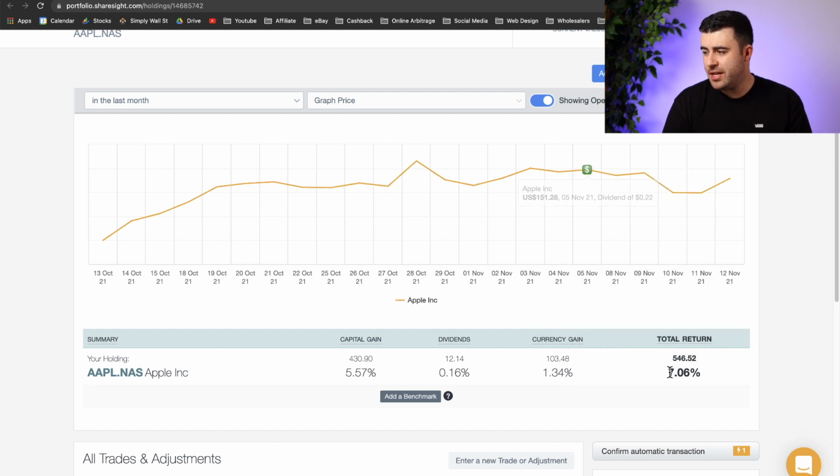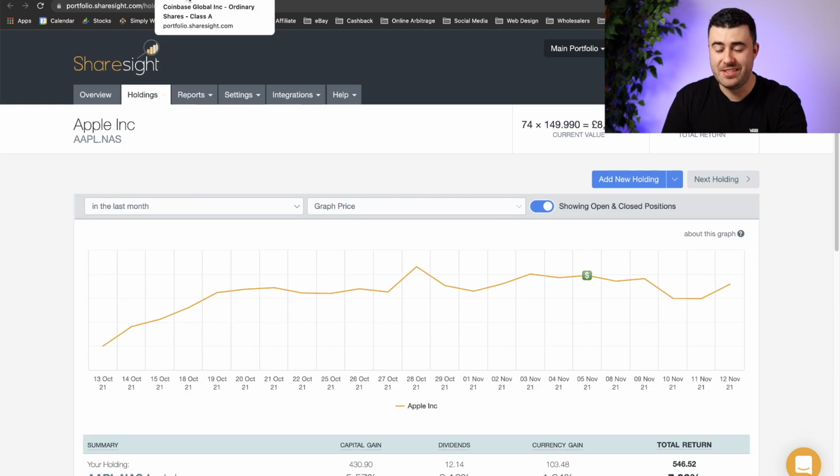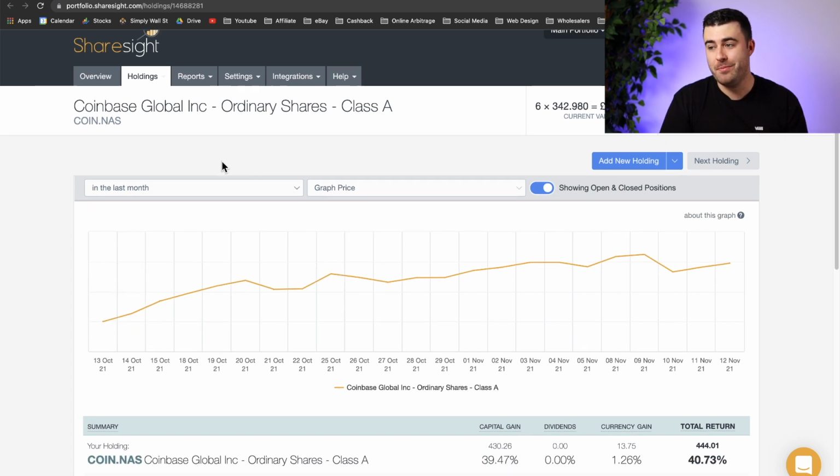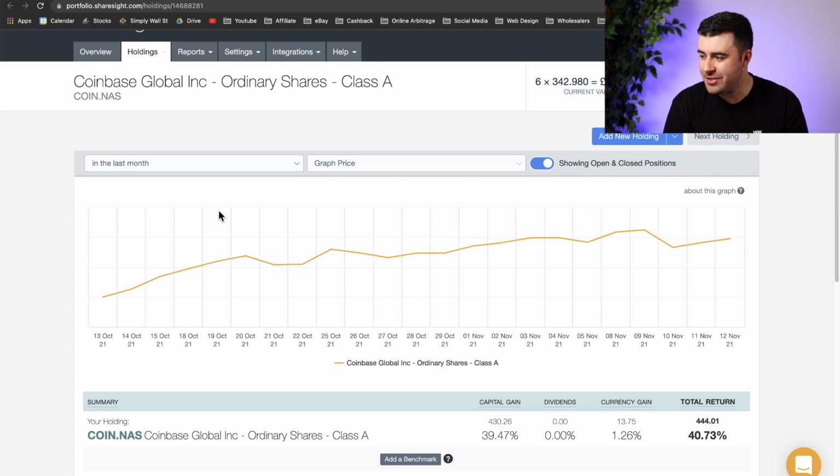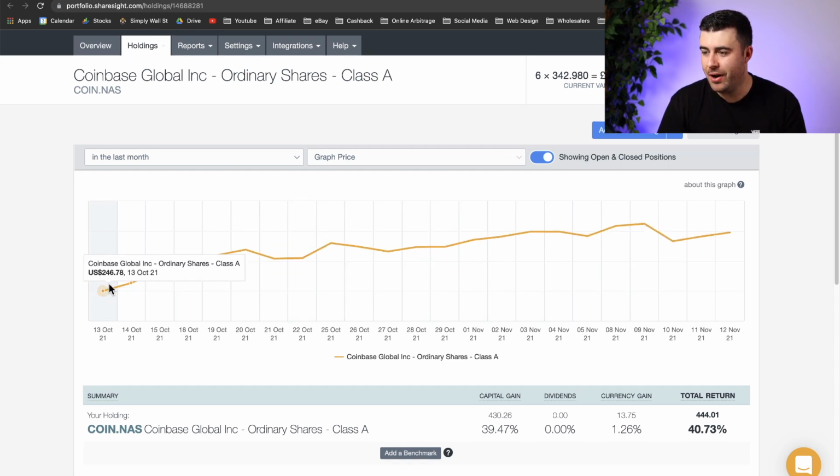So yeah, total return for the month, £546 roughly up, and that's a 7.06% return, which is actually very good. Now, let's actually take a look at my best performing stock over the last 30 days, and that is going to be Coinbase. And as you can see, this stock has had an absolutely insane run up in the last